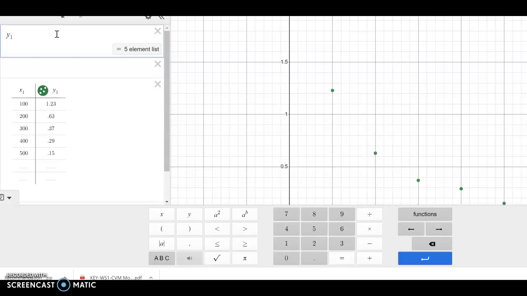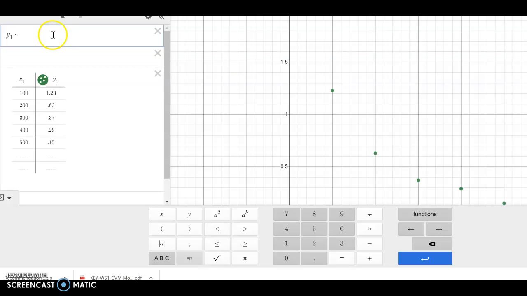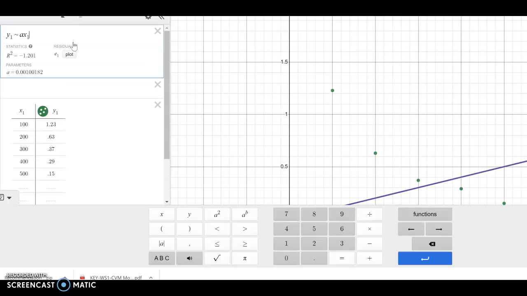And then, as you know, the little squiggle symbol, right? And then ax1, right? Because that's what this is. And then a is, of course, the slope. And then we need not x, but the inverse of x. So what we need is 1 over x. And the way we're going to accomplish that is by saying